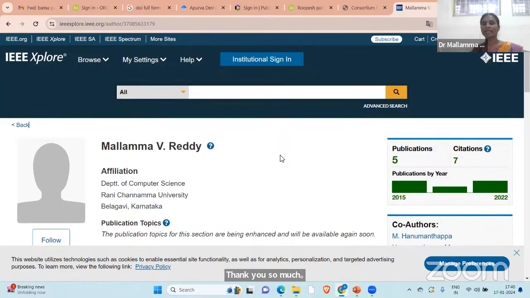Yes, sir. If you are, and one more thing I want to tell you: don't stop here. Complete your IDs completely. Add all the details clearly. As I mentioned there, if you want to increase the citation, it is possible only if you are active on your digital platform.